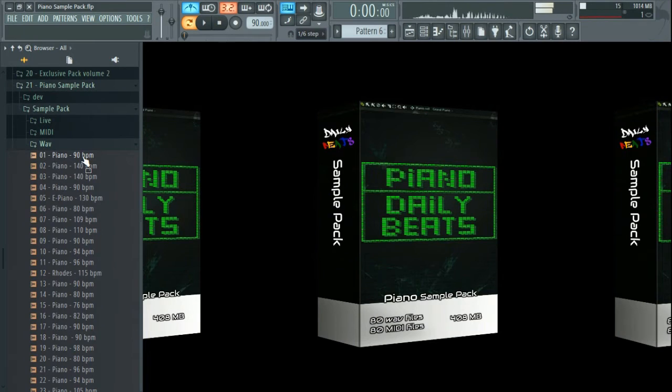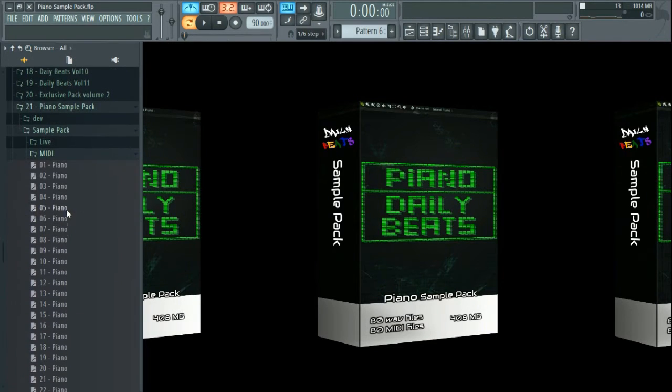So just a preview. And also I have the time or the BPM in which the sound was made, so that you can use the same BPM, or at least you know which BPM was the original file.